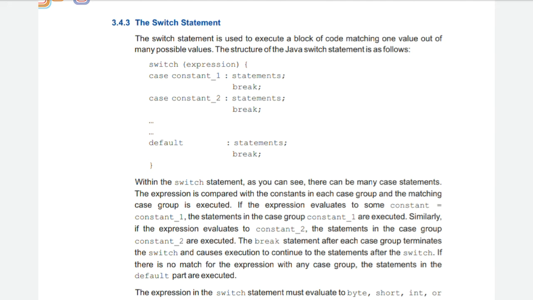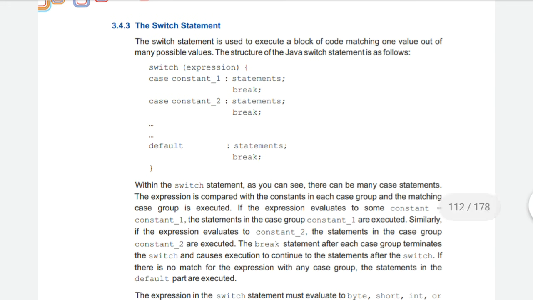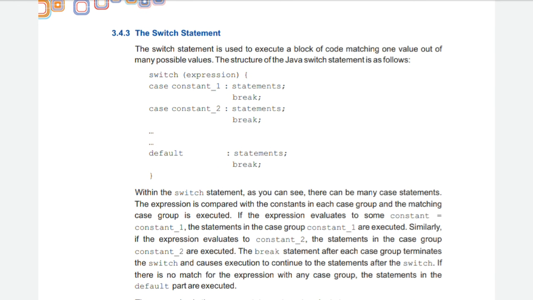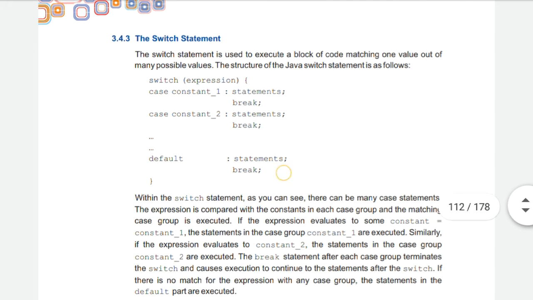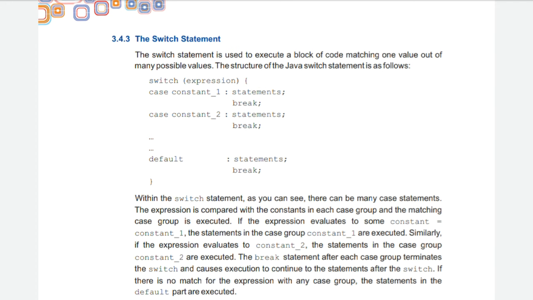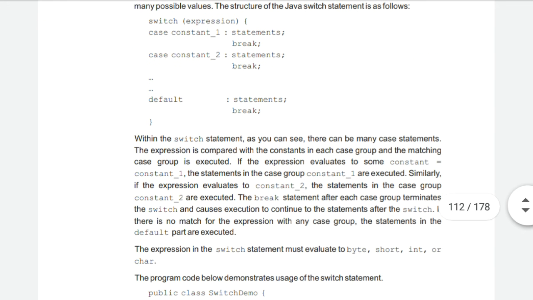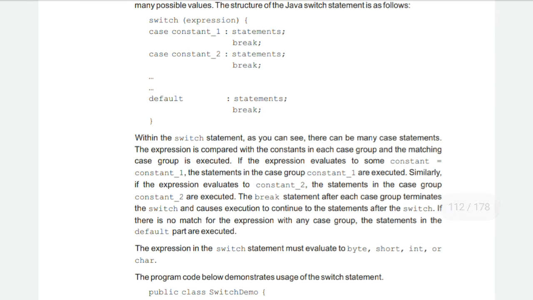The default statement gets executed if none of the case values match the expression. Then the control comes to the default statements, and the statements in the default part get executed. As you can see, there can be many case statements.